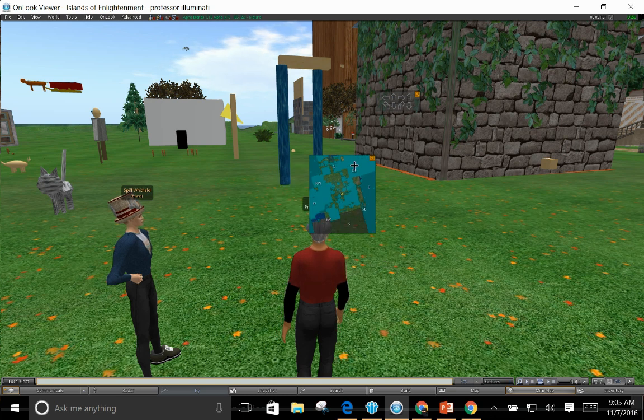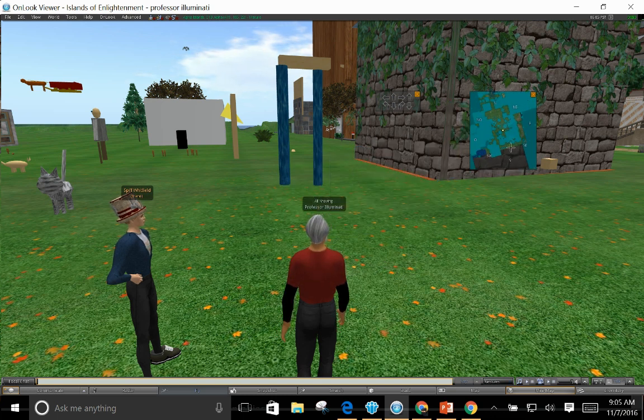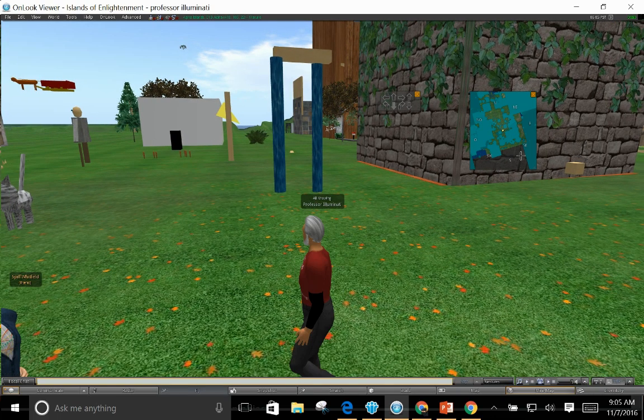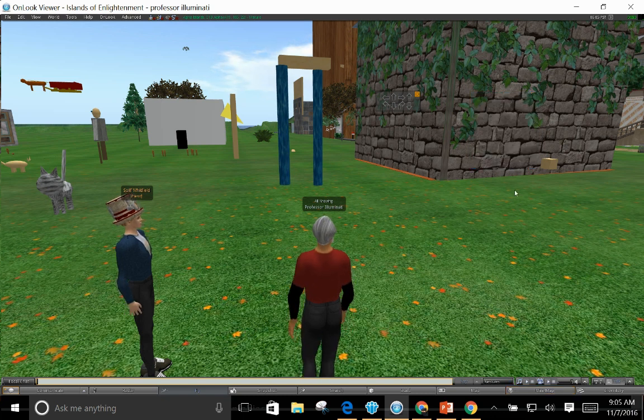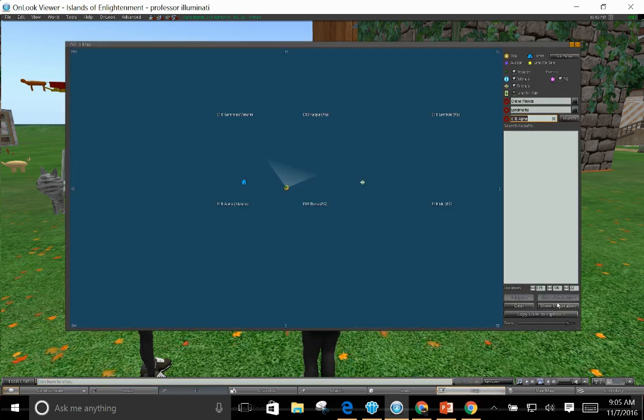The mini map just gives you kind of the overview of the grid that you're on, and you see the little yellow dot that lets you know where you are, and if there's green dots there, it'll be your friends and that sort of thing, other avatars. But I'm just going to close the mini map. If you like the mini map, you can certainly keep that. But if you go down here to the map, you're going to get a window that looks like this,